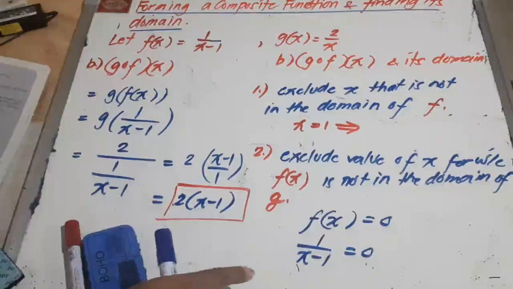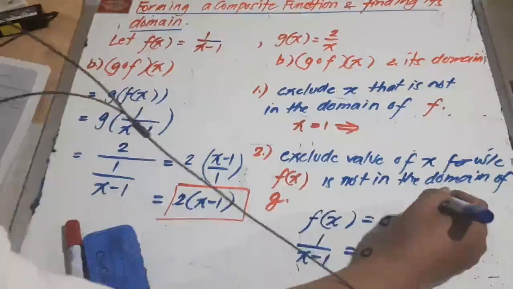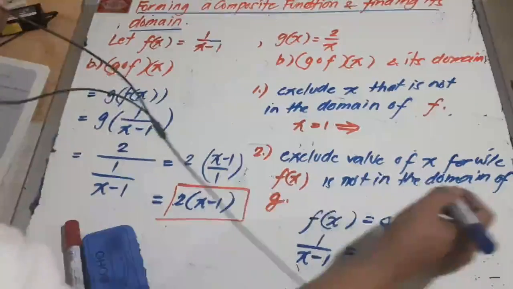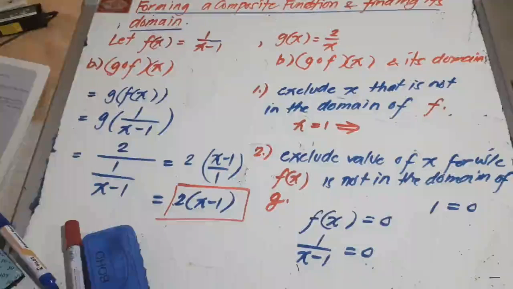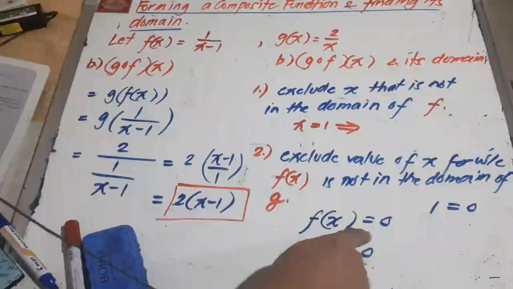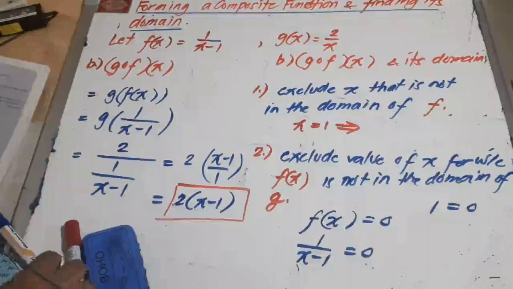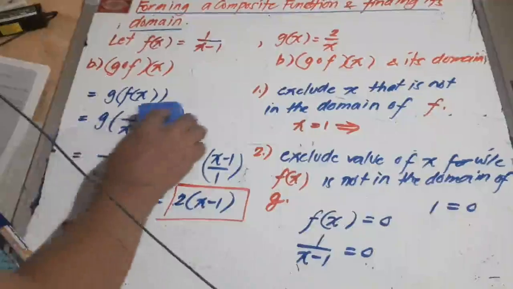But if we're going to solve for the value of x by multiplying both sides by x minus 1, we're going to have an equation of 1 equals 0. So, therefore, anong ibig sabihin nun? Ibig sabihin nun, f of x cannot be 0. Okay? f of x cannot be 0. Okay? Therefore, the domain of g circle f of x, the domain of this composite function